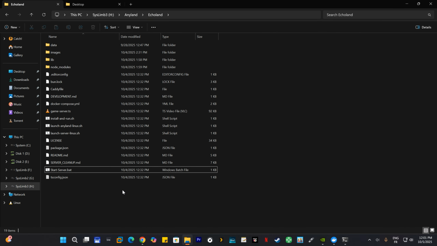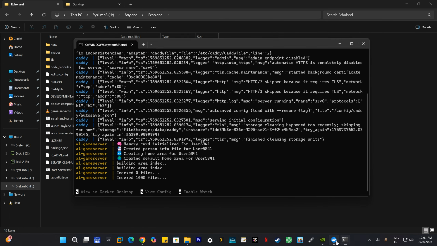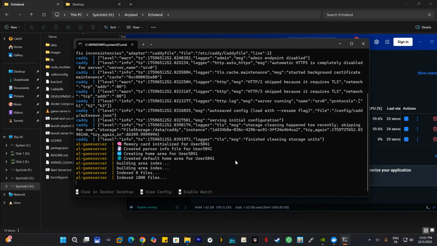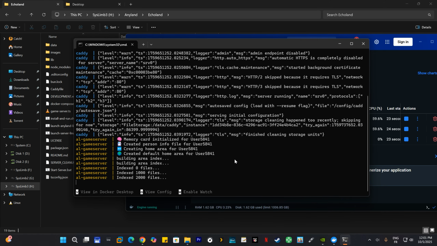It will create a cache folder, so when you restart the server next time, it will just be almost instant. So it will take like 3 seconds for the server to start. So that's it. I'll get back to you when that's done, and I'll be in Anyland showing exactly what works